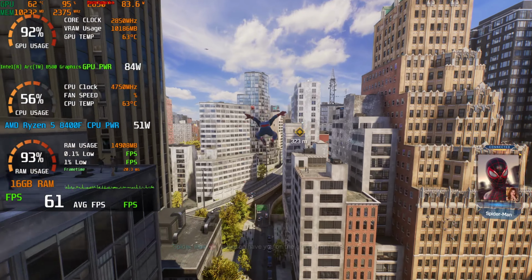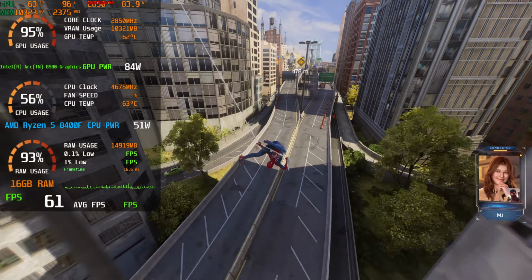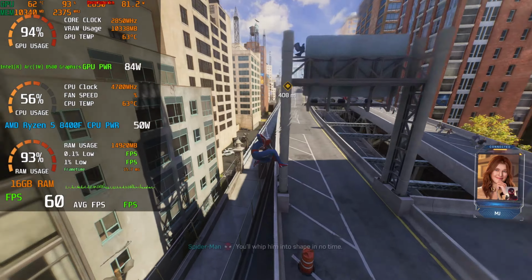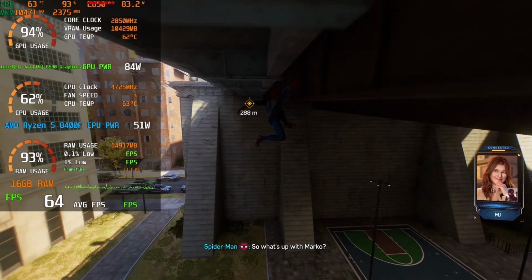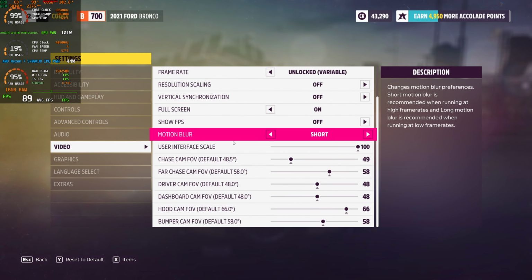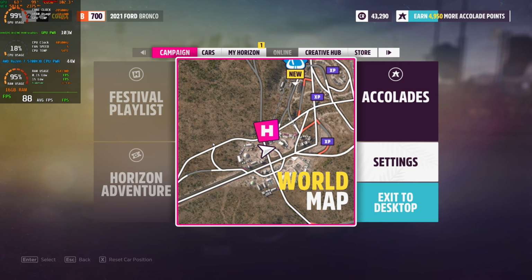It's pretty interesting to see that the 8700G, which is an 8-core 16-thread CPU, was getting the same performance as the 8400F, which is a 6-core 12-thread CPU. So that's pretty interesting. But if we drop down to DDR4, where we are going to be switching things up to using the Ryzen 7